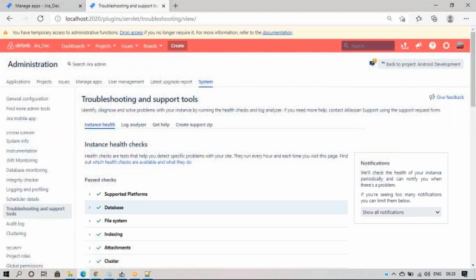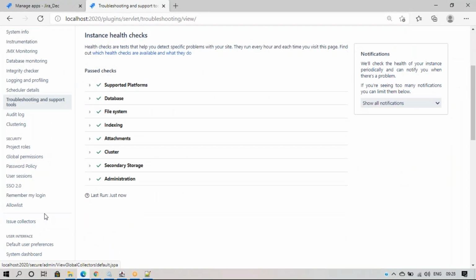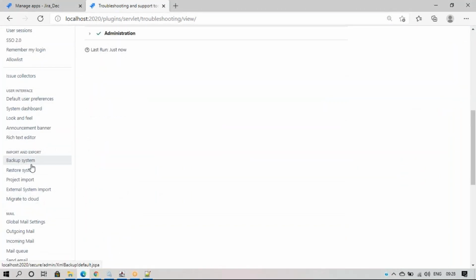Here, remember, we are moving the data from 2020, the production, to the dev instance. We need to take a backup from the source environment. Source means production. So this 2020 data, which data you are planning to move, we can call the source, and the destination. I need to take the backup from the source environment.